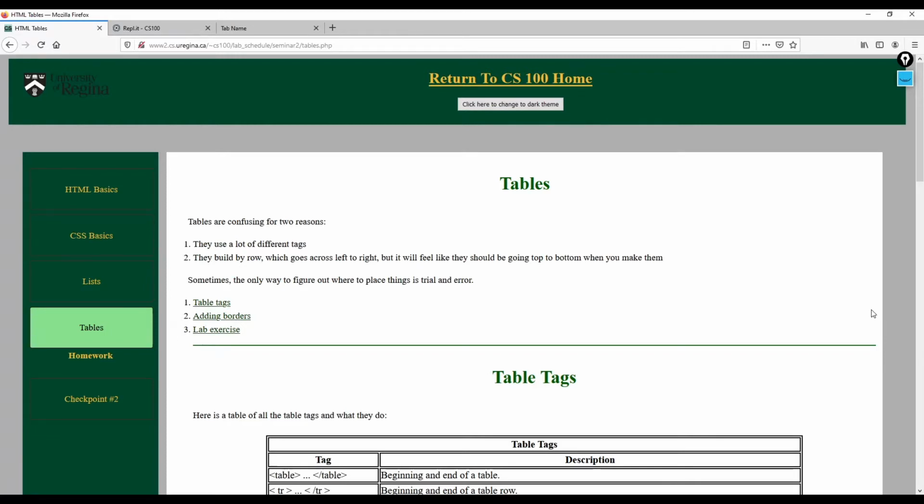The second is that if you're writing properly formatted HTML, the tables will be built by row, which will go across. So the tables are going to be building this way, from left to right. But as you write, you're going to feel like you're going this way, just by how you write HTML code. I'll show you a bit more about what that looks like when we get to the example. But for now,